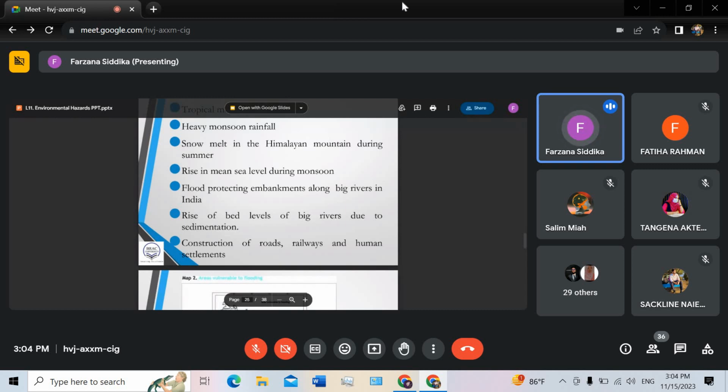সো এই জন্য যখনই রিভারে সেডিমেন্টেশন হয়, রিভারে চর পড়ে যায়, তখন কিন্তু সেটা ক্লিয়ার করে রাখতে হয়, না হলে কিন্তু ফ্লাডিং চান্স অনেক বেড়ে যায়। ঠিক আছে। আচ্ছা, কনস্ট্রাকশন অফ রোডস, রেলওয়েজ এন্ড হিউম্যান সেটেলমেন্টস। সো আপনি যদি ওয়াটারকে কোনো স্পেস না দেন ফ্লো করার জন্য, এবং কোনো স্পেস না দিয়ে যদি ইনফ্রাস্ট্রাকচার বিল্ড আপ করেন, সো অবভিয়াসলি ফ্লাড উইল বি এভিডেন্ট ইন ইয়োর লিভিং এরিয়া। ঠিক।